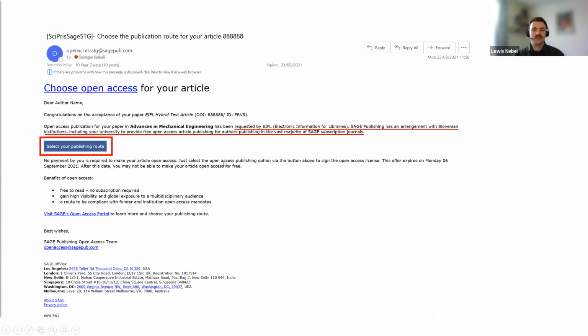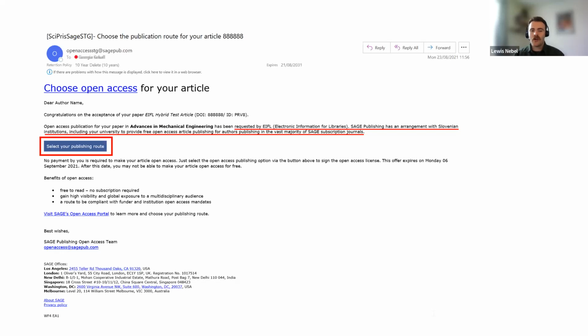and they then have the choice as to whether they want to publish open access or they want to continue down the traditional subscription-based model. These offers will stay open for 2 weeks and then they will automatically time out if the author's taken no action. So an author has to reply to this within 2 weeks in order to qualify for that free open access payment. It can be requested at a later stage.